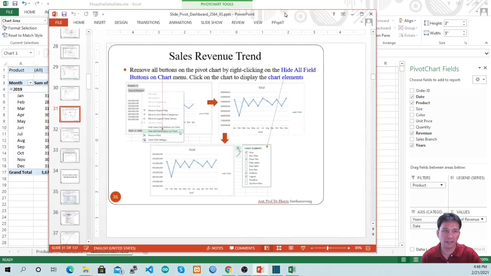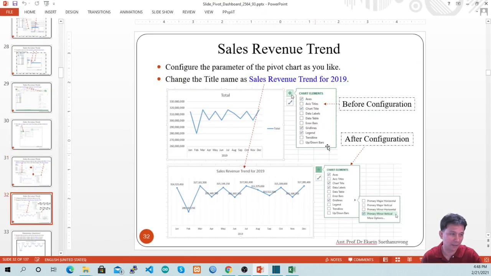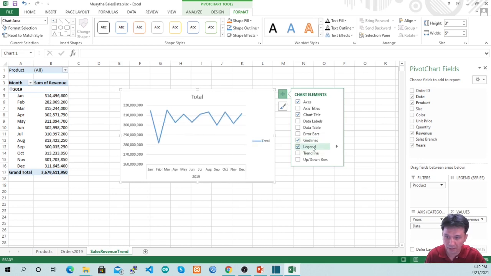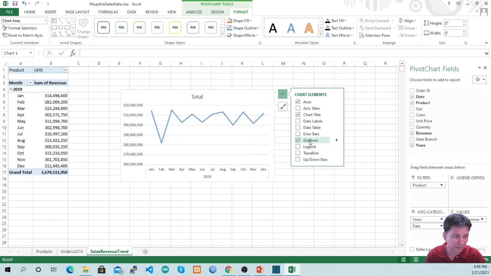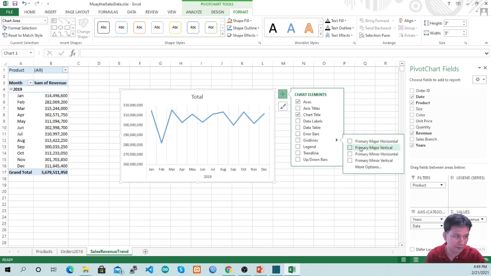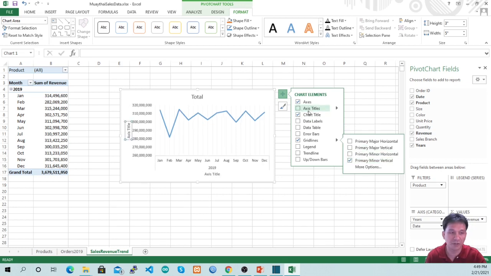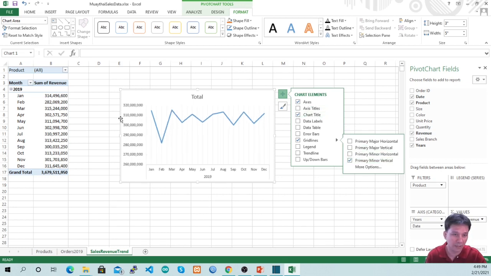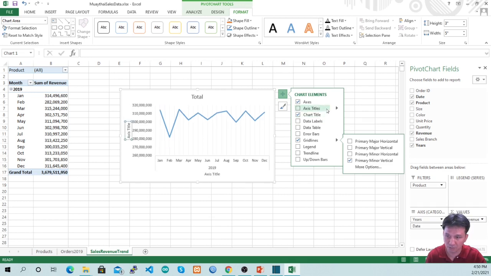If we go to the slide, you can see before and after. Okay, I think we untick Legend. We click on Gridlines, untick Primary Major Horizontal, and tick the fourth one, Primary Minor Vertical. You can see the result change accordingly. We don't have the values in the vertical axis. I think we go to